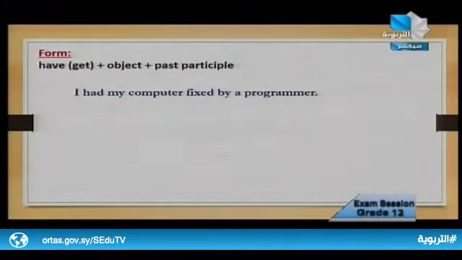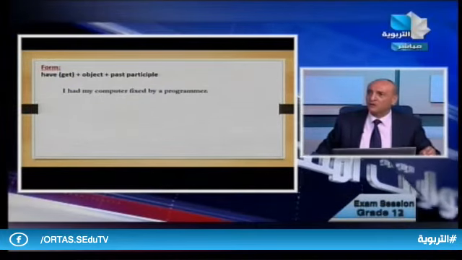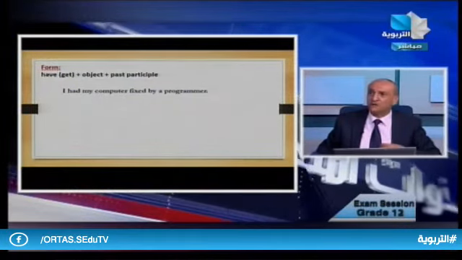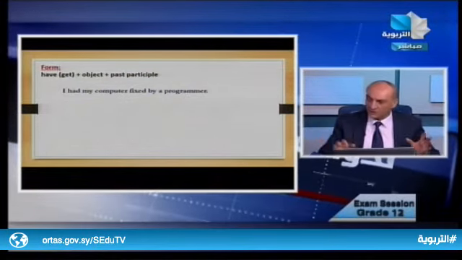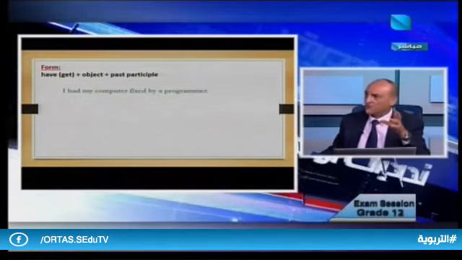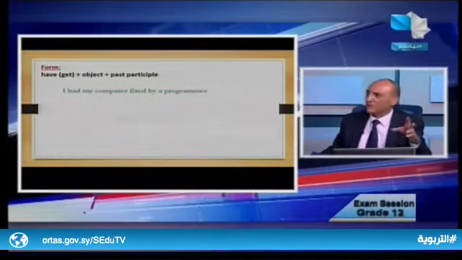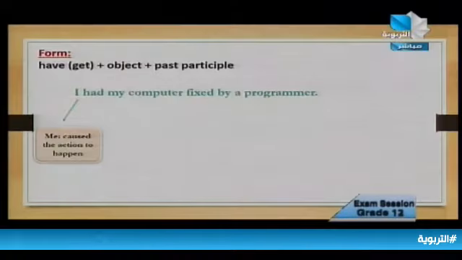When I say I had my house painted last week, it means that I asked someone to paint the house for me. I didn't paint the house myself. This is the meaning of the causative. So you can use have here in any tense we like. We can use it in the future, in the present simple, in the past simple, present continuous, present perfect, etc. Now, let's go on, please.